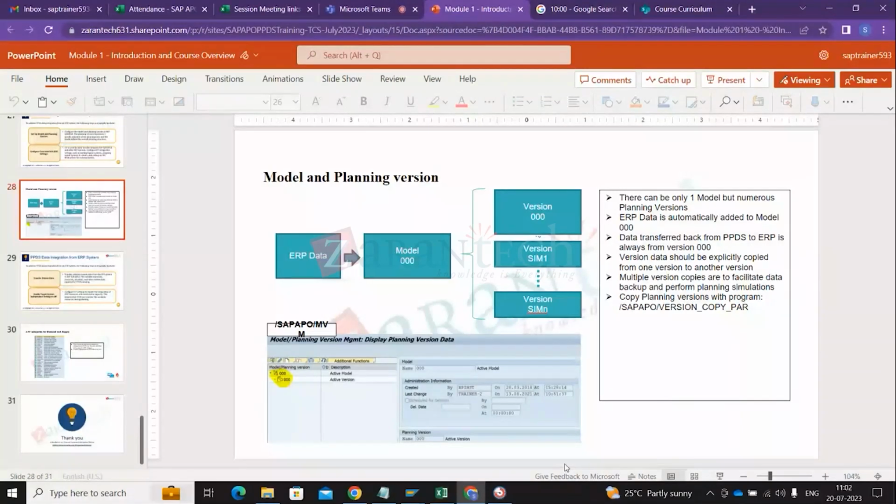So make your own notes somewhere, right after the call or anywhere, and just list down, because I am explaining the most common mistakes that people make when the system comes to you. If you are supporting a PPDS system, you may not need to do this ever, because for support these things would already be in, and you are usually supporting a production system. Support means maintenance. But if you are implementing a PPDS, which is quite possible because a lot of customers are moving from regular APO PPDS to this embedded PPDS,